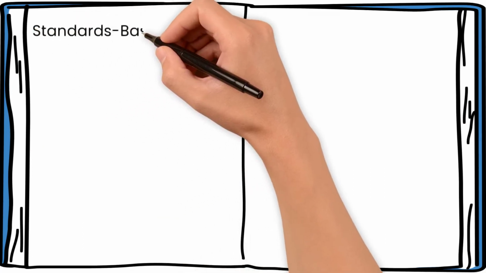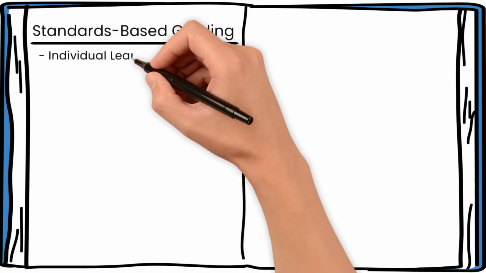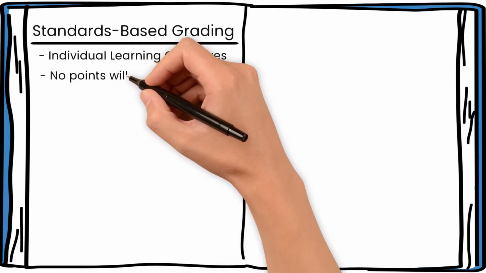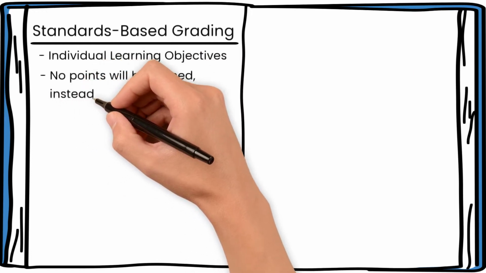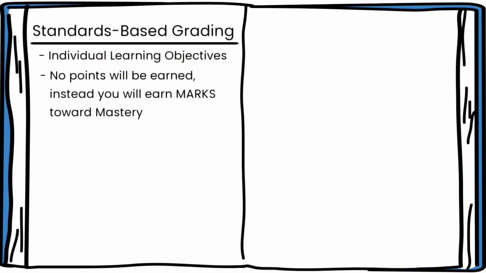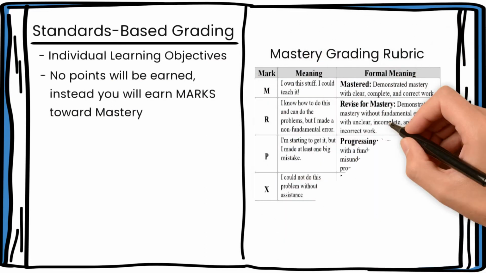Standards-based grading is our solution. The course is broken into individual learning objectives that you will show mastery of throughout the course. Instead of earning a total number of points for an assignment or exam, you will earn marks that indicate your mastery. Each learning objective will have its own mastery mark of M, R, P, or X based on the course